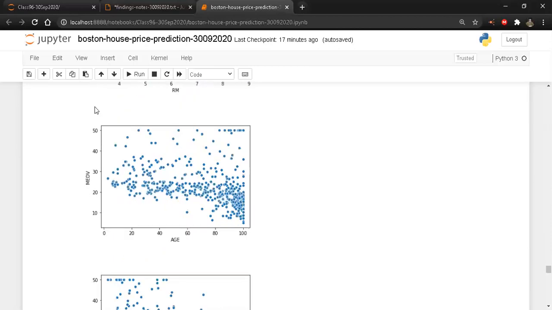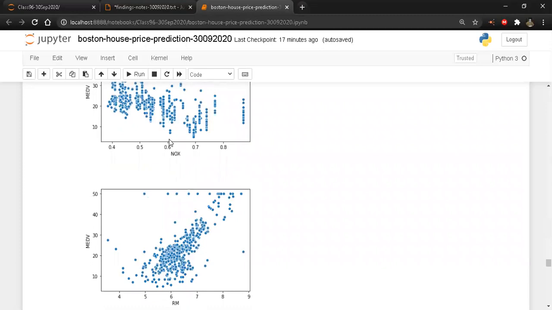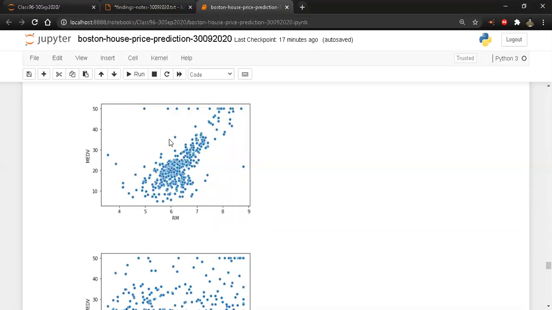So looking at this data, looking at the correlation, it's quite clear that people in the city of Boston are more bothered about what things are there inside the house rather than what is there in the surroundings. Right, people may or may not be bothered about crime rates and so on. If you see, there is no linear relationship between crime rates and the median value of the house price, but there is a linear relationship between number of rooms inside a dwelling and how much that will be costing. Right, so this is a really useful finding.